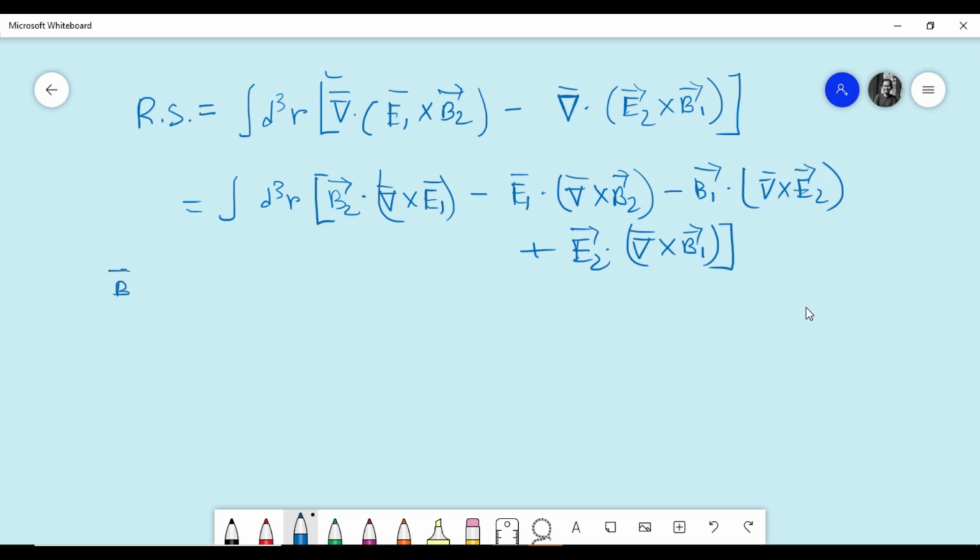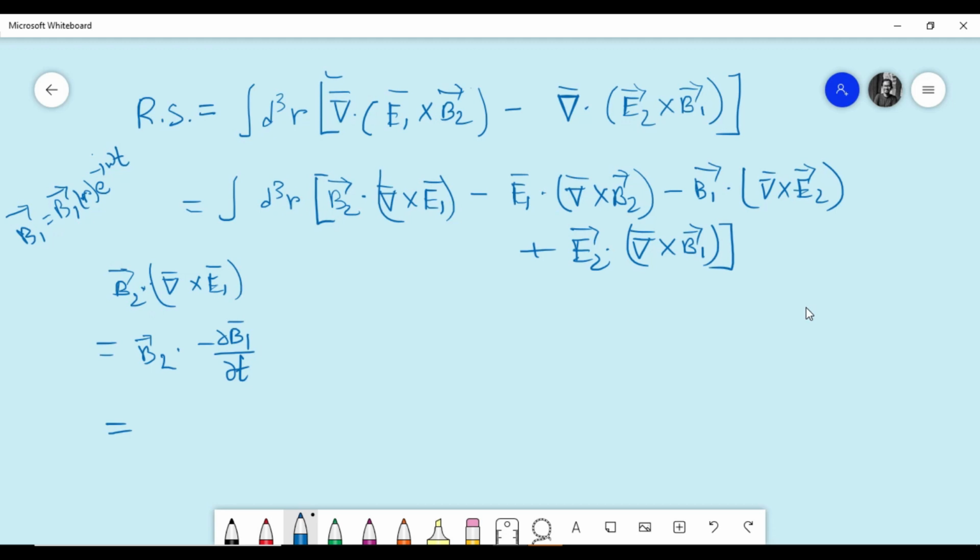Now B2 dot del cross E1. So this is the Faraday's law, and it would be just this. But as we know that B1 is actually like this,